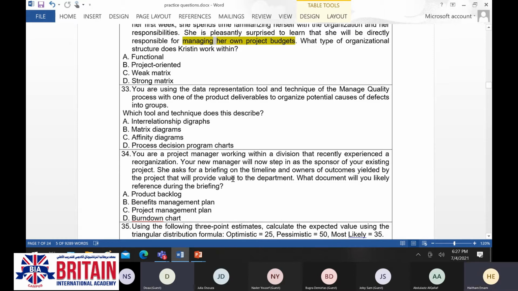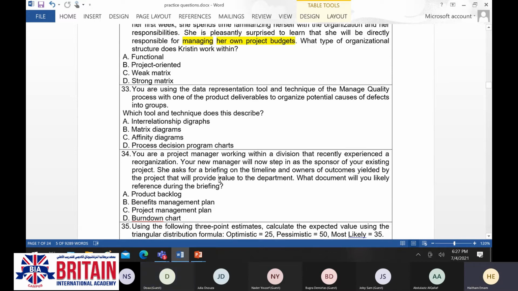First of all, she's asked for a briefing on the timelines and nature of outcomes yielded by the project that will provide value to the department. I believe it's the benefits management plan. Why?